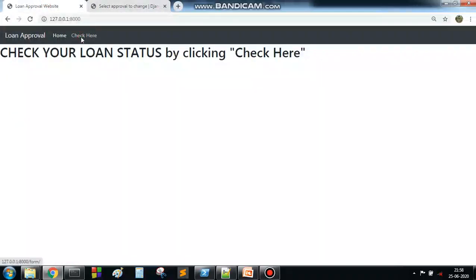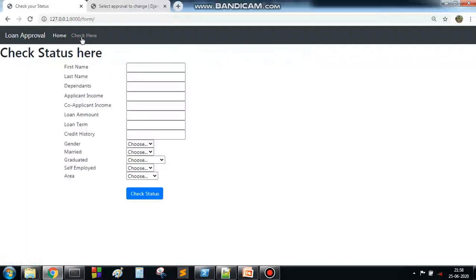It is redirected to another web page, namely your server address plus form. Now I am putting the values here: Saroj Kumar, dependent 0, applicant income 4000, co-applicant income, not 0, let me make it 3000.